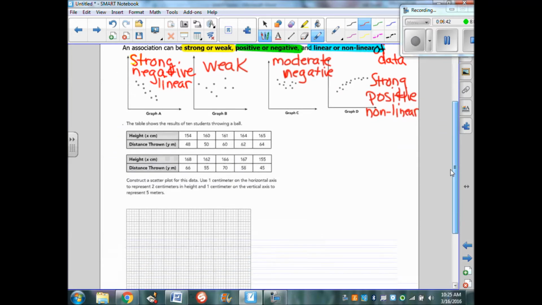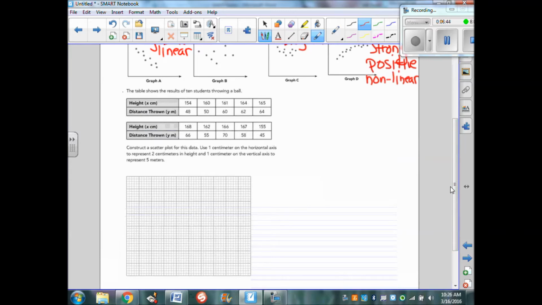Okay. So now I've got a table. There are actually two tables, but it's one set of information. It says the table shows the results of 10 students throwing a ball. So we've got the height in centimeters, which is our x, and then the distance thrown of this ball from each one of those students. Okay? So it says construct a scatter plot for this data, and it tells us how we should set up